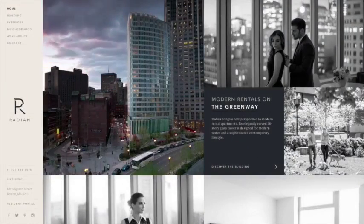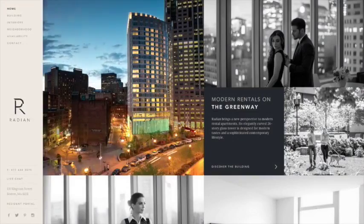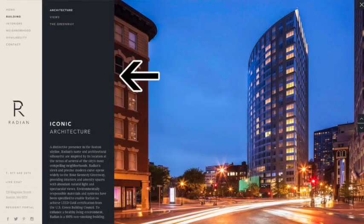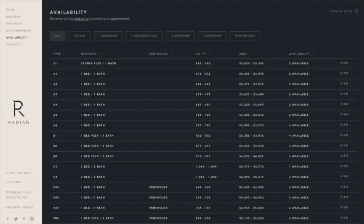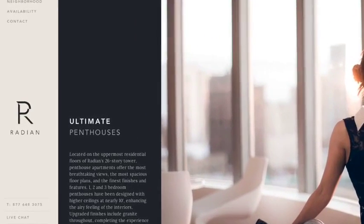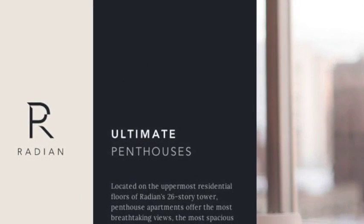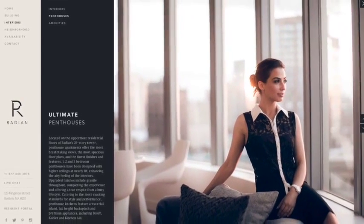Before we analyse the individual pages, I want to look at the use of typography and color, which are used throughout the site. This charcoal black is used as a background in several places, such as on the sidebar of this content page, as a background for this page, as the main colour for this diagram, and of course on the logo itself. As the colour is used in large blocks, it tends to be quite striking, which creates a